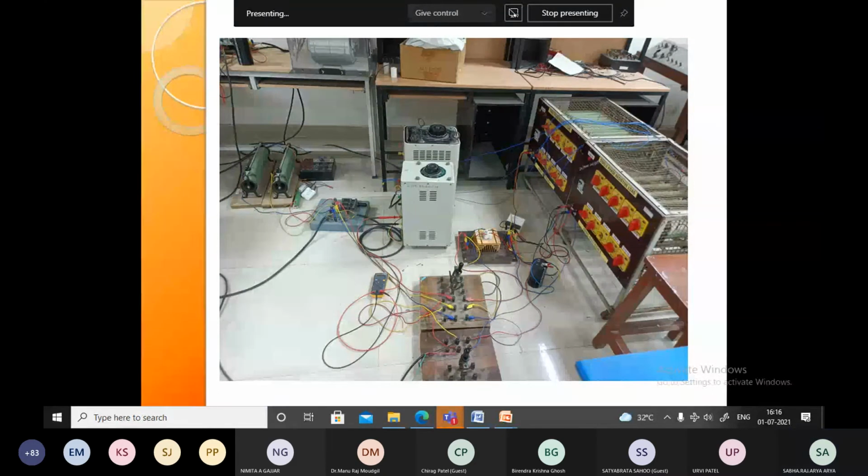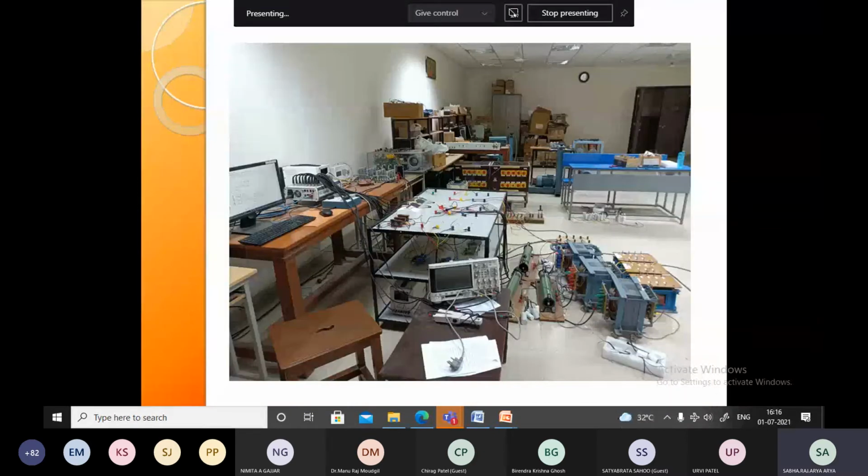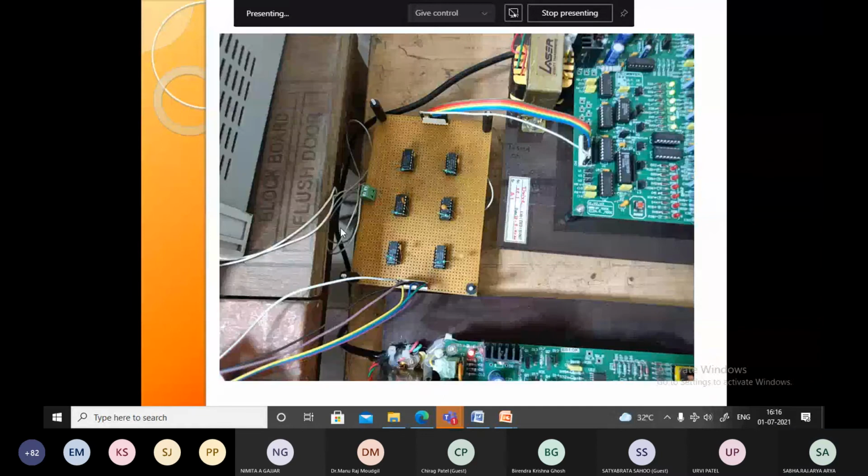If any person works in this area and wants to do some work, they can contact us. No problem. Till now I am working in this area only: shunt filter, series filter, EPQC and their applications. These are the converters, whatever we see here in the local market. Then we have a shunt converter and a series converter with a common DC bus voltage. This is the whole EPQC setup. This is the interfacing circuit between power and control.